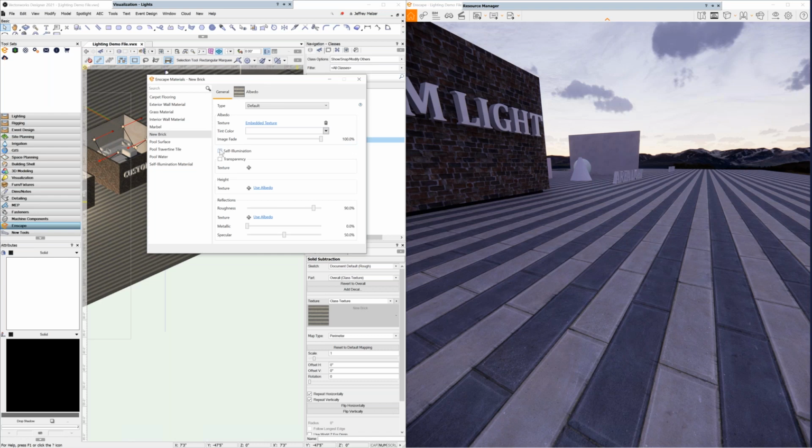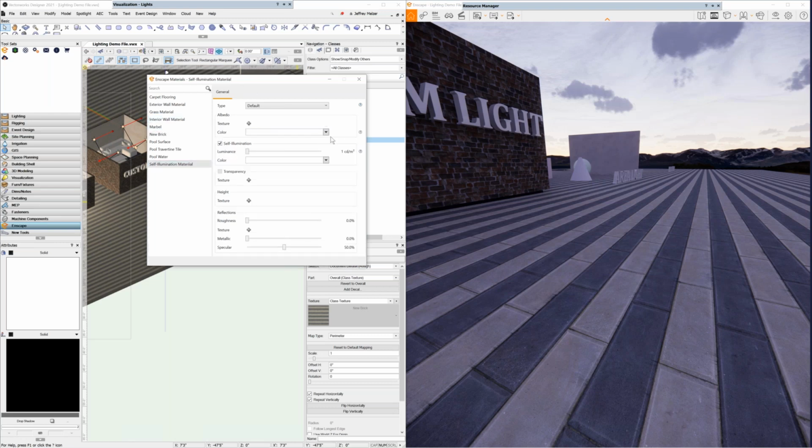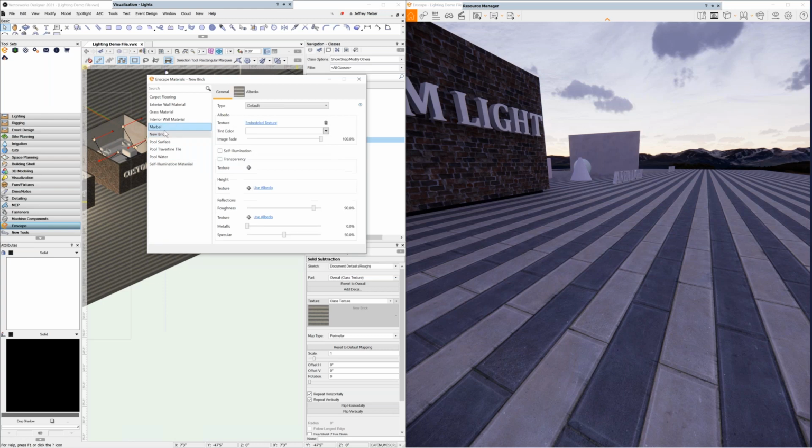You do have an option here that we could make this self-illuminating, which is how we made those lights or the words actually be a self-illuminating material. I would just click on that, which actually, hey, let's show you. Self-illuminating material. So you can see I've already got that. That's how our lights are on, and I've check-marked that. You can control the intensity then of how bright it is or stands out. So that's exactly where I did that with that material, was in here. Going back to our new brick,